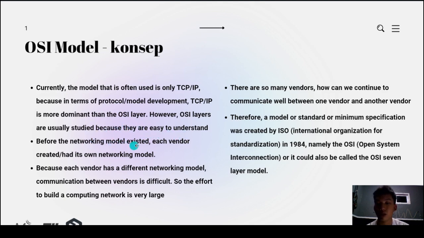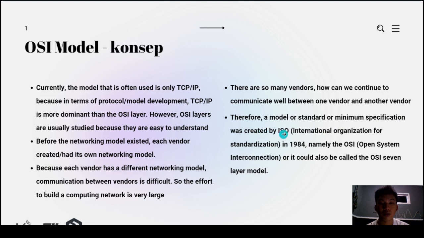Before the networking model was standardized, each vendor created its own networking model. Because each vendor had a different networking model, communication between vendors was difficult, so the effort to build a computer network was very large. There are so many vendors, how can we communicate well between one vendor and another vendor?